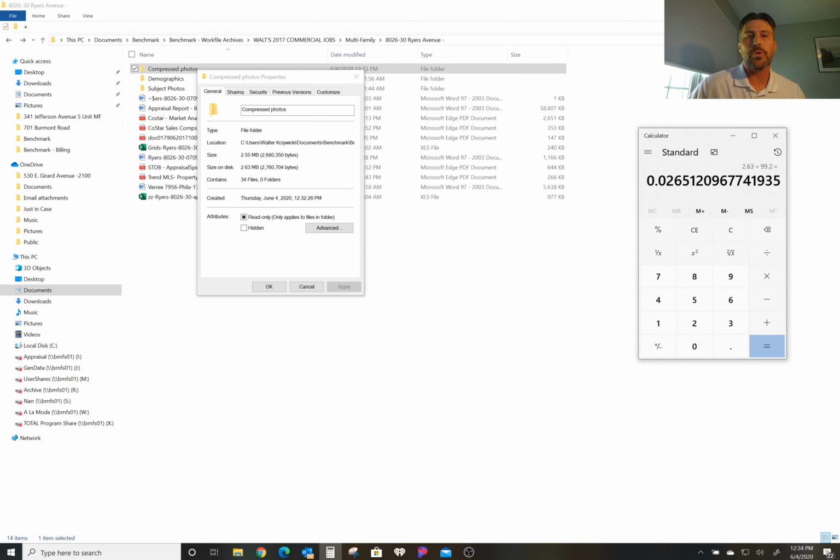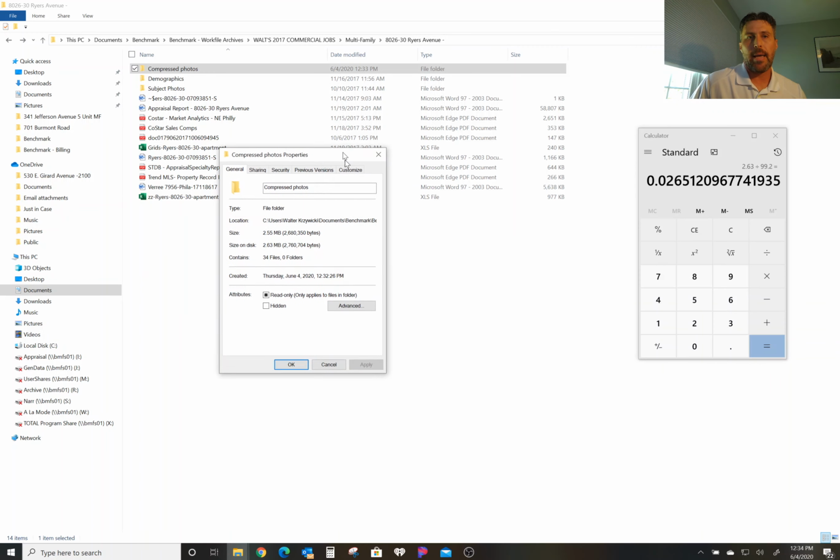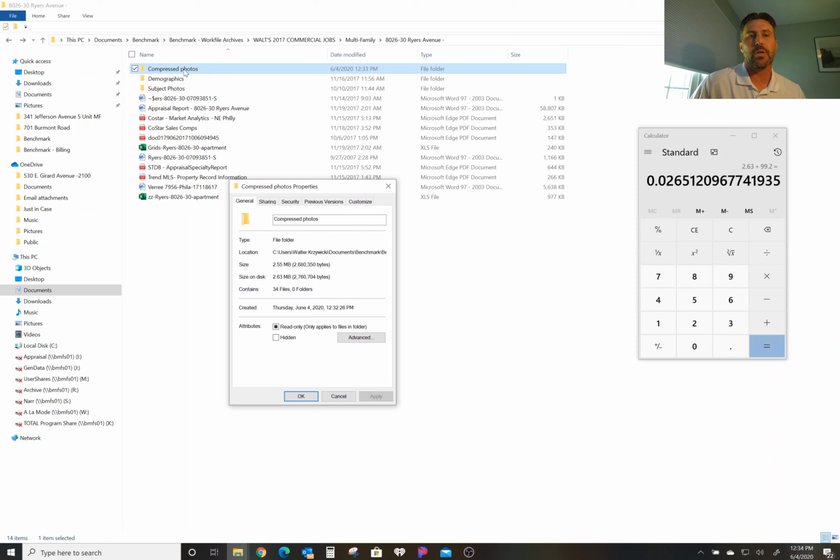You just reduced your file size for your photos by 98%. Okay, and the compressed photos are going to look exactly the same in all of our reports. It doesn't affect the pixelation of the photos, because the photos we're still using in our reports are only 3.5 by 5.5